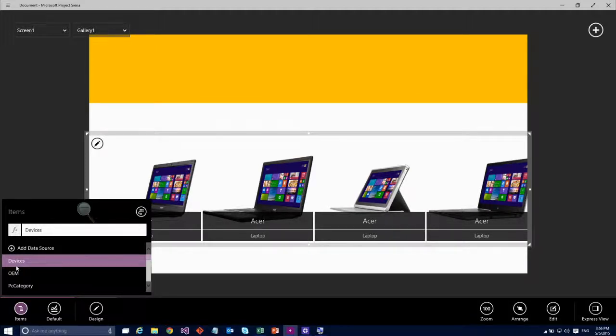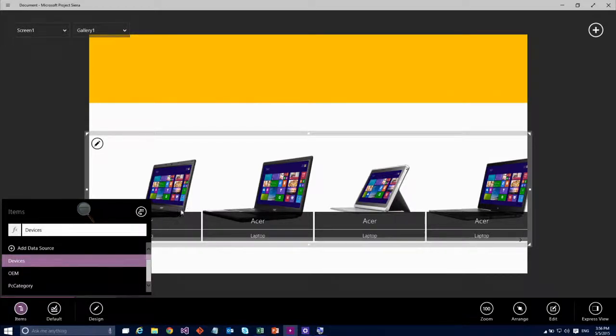And I just showed you something that Siena is very, very good at, which is guessing at what you want to do. So that table had an image in it, and it had a bunch of text fields. My gallery had an image and 2 text fields. So it said you probably want the image to point to the image, you probably want the text field to point to the text field. This is very similar to the audio control. It said, well, you probably want to put audio here. So I'm just trying to make this as easy as possible.